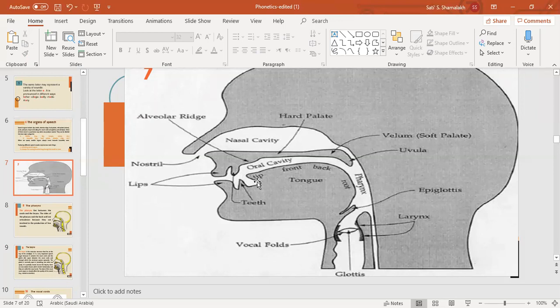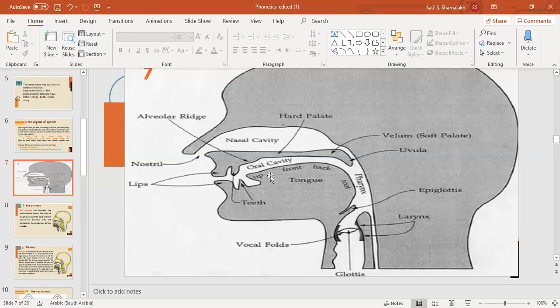Then, after the teeth, you have the tongue. You see the tongue? The tip of the tongue. Tip, حافة اللسان, طرف اللسان, tip of the tongue. The tongue has four areas: tip, front, back, and root. Can you see the word tongue? Tongue from the left: tip, front, back, root. It is a very important organ to produce language. The tongue is the most important organ to produce language.